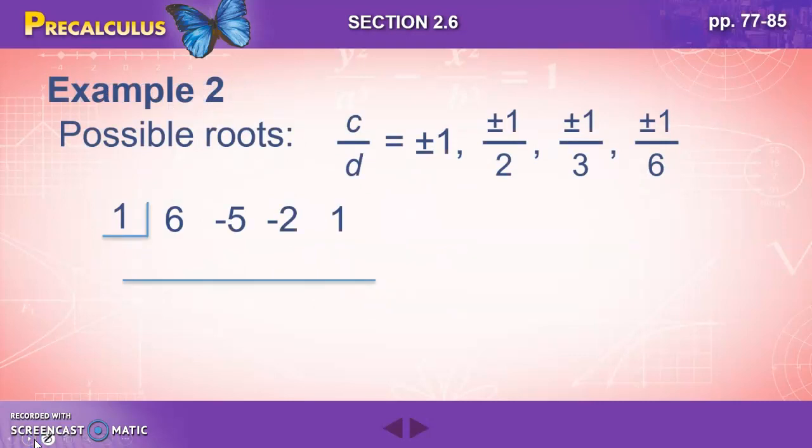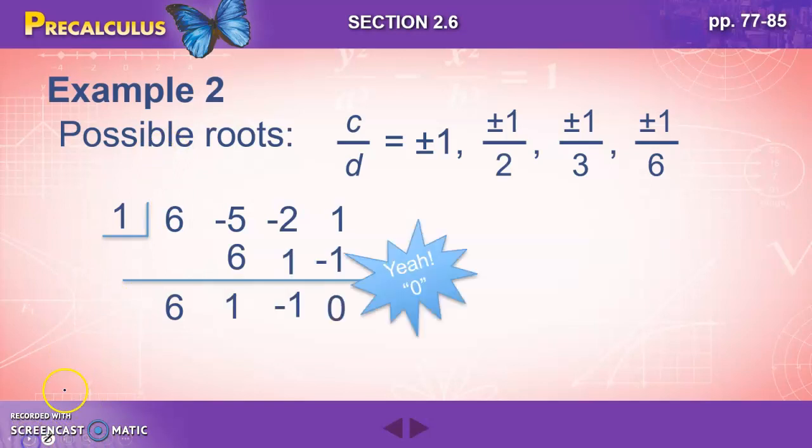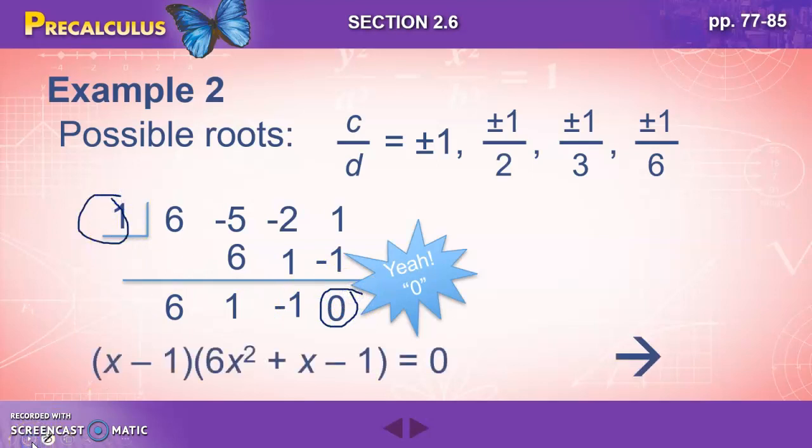All right, once we know all of our possible roots, we are going to pick one to use for synthetic division. We could start with these whole numbers, these integers, and plug those in to see what gives us a zero root. We're going to start with 1, one of our zeros being 1. When we conduct synthetic division, we get a zero remainder, which tells me 1 is a zero of that polynomial. When we factor out x minus 1, we're going to write a reduced polynomial here, which is 6x squared